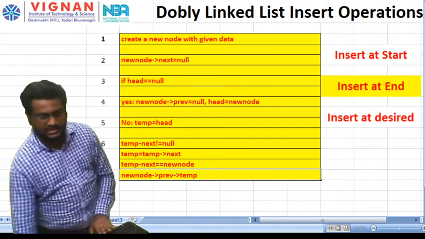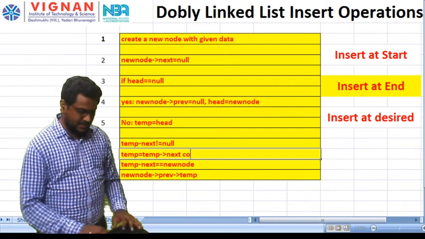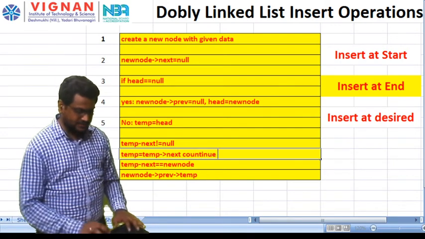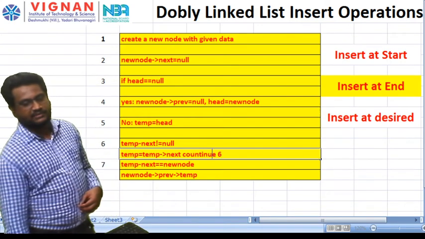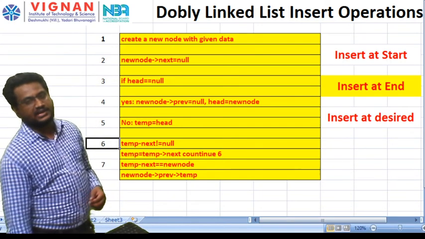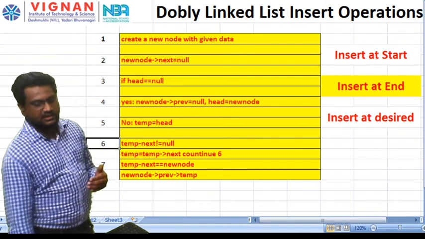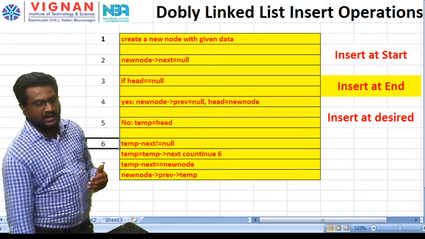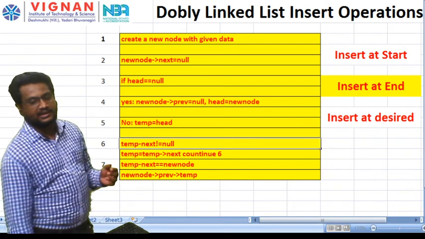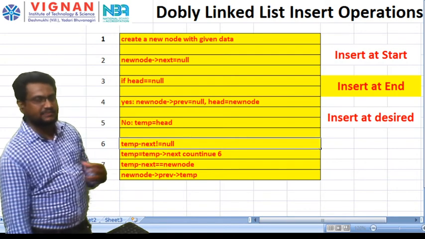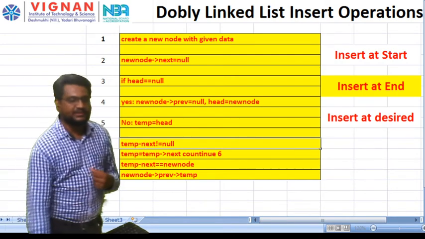This loop continues at step 6, redirected to 6 again, and happens continuously until the temporary next becomes null. Null means we found the last element of the previous list.